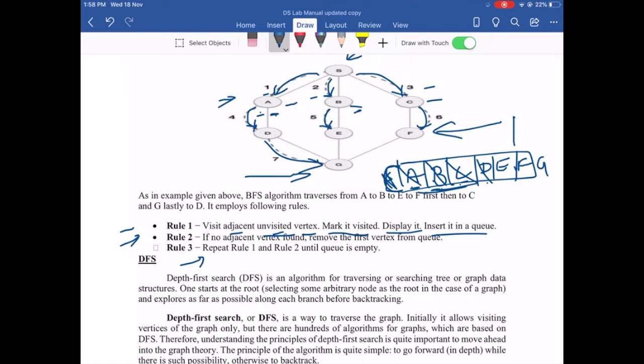adjacent nodes to D. When we come to E, we will look at what are the adjacent nodes. You can see that G is the next node, but G is already visited, so there are no other new nodes to be visited from E. We will delete from Q. This is repeated until the queue is empty. This is how we are going to implement the BFS for your graph.